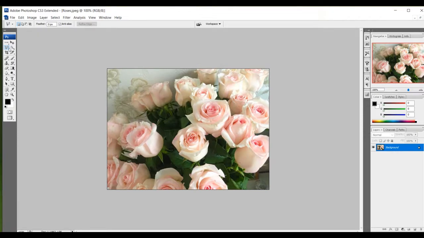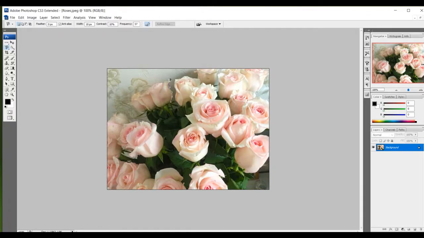I'll just make it quick selection tool. Or before I go to the quick selection tool, I'll just use the magnetic tool. The magnetic tool is very handy and we can select an area with complex edges. Suppose here are my complex edges.